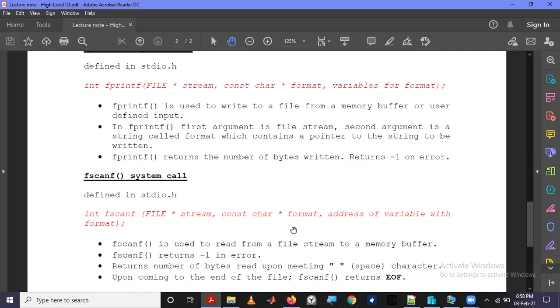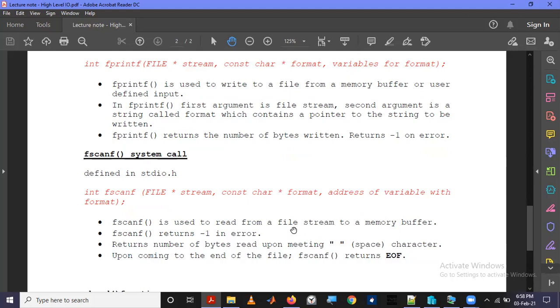But there is some difference between this fscanf and read, the low level input output system call. There are similarities also. Fscanf also returns -1 upon failure.